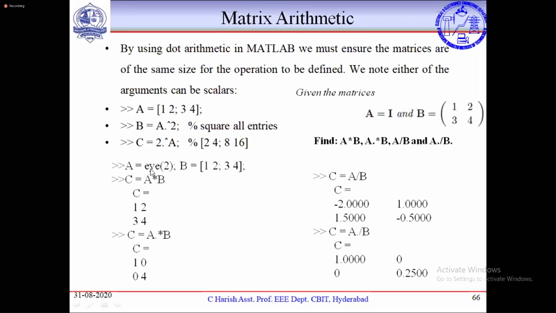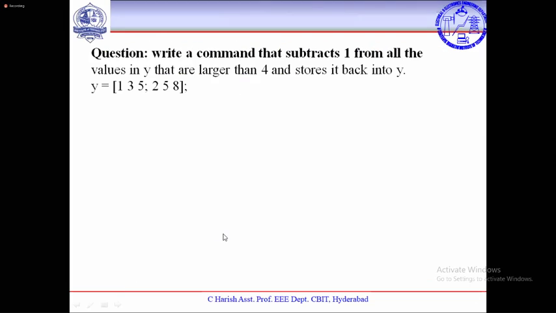So what is the matrix? Eigen matrix into this one. It will be just like an element wise multiplication. Okay. A by B, you are going to have B inverse into A. So A dot by B is element wise division. 1 by 1, 0 by 2, 0 by 3, and 0 by 1 by 4, so 0.251. So it will be doing like this. These operations are like this.